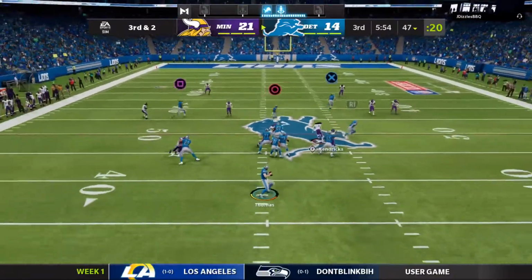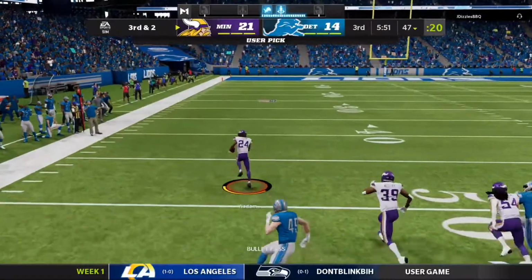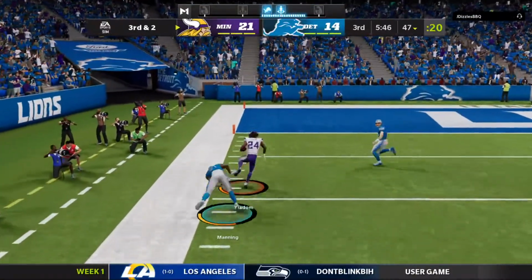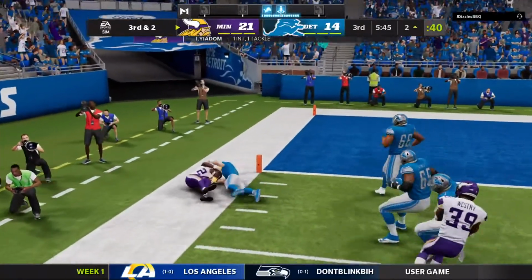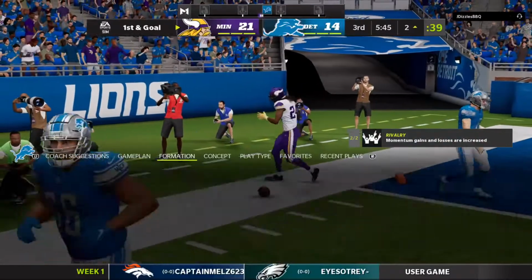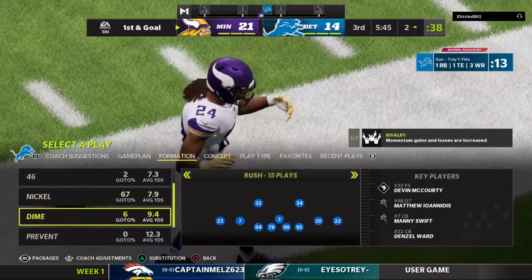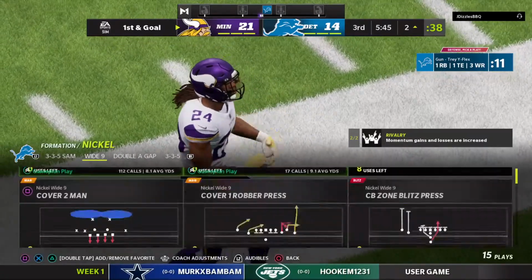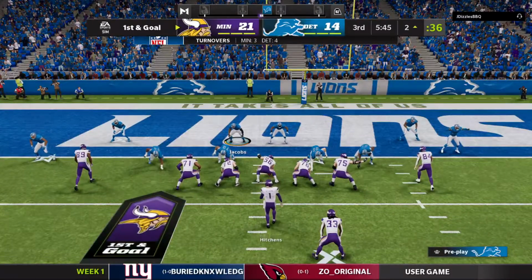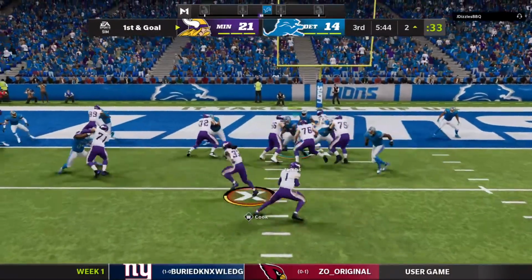Here's Thomas off the play fake. And he's going to be intercepted a 3rd time. Isaac Yedem picks it. And just shedding him off there. And he will not get all the way home, but he will take this back down to about the 2-yard line. Boy, so another interception, CD, and it feels like he's starting to unravel a little bit. And as you would expect, still a work in progress here in his 2nd season. He has to start ironing out some of these mistakes, though, because now...